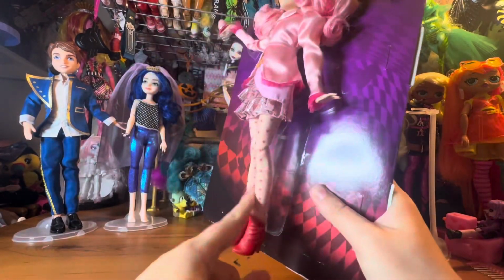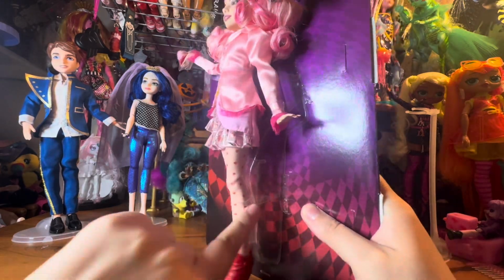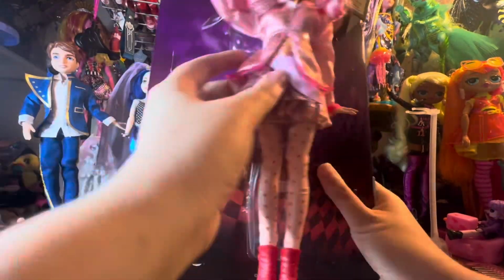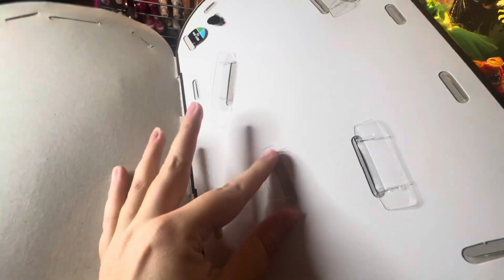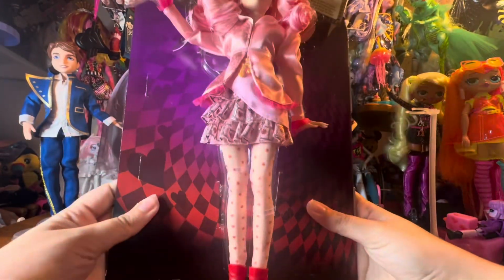She is tied with those plastic tags like the collector dolls are. So instead of being like rubber bands or anything like that, it's all these little plastic stays that essentially, if you do it correctly, you could undo them and then put them back in. So you can literally rebox this doll super easily. That's kind of interesting. Like, I didn't think that these were that collectible. That they would get